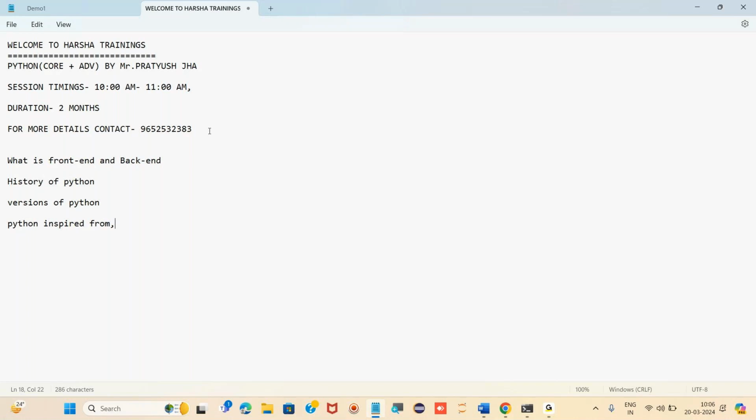Right? These many things yesterday we have seen: what is front end and back end, history of Python, the versions of Python, and also what languages Python inspired from.